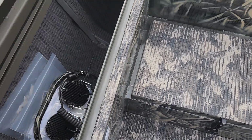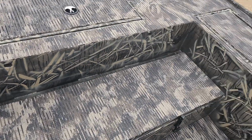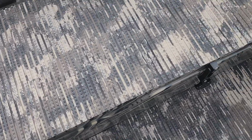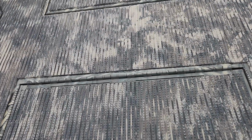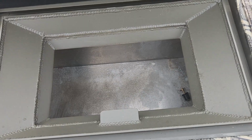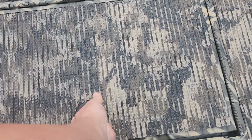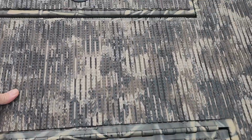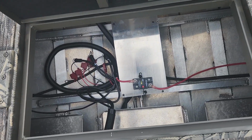But you can see here he's got rod lockers down both sides that are lined. This one's got a spotlight kit in it. Rod locker on the other side is the same way. Storage box here going to the front deck. Nice big storage area. Then he's got storage up here. This first section is a live well, actually. It's got a front live well right here. Nice big storage area here. And then another hatch up here, which would be for batteries, so for his trolling motor, battery charger goes there,